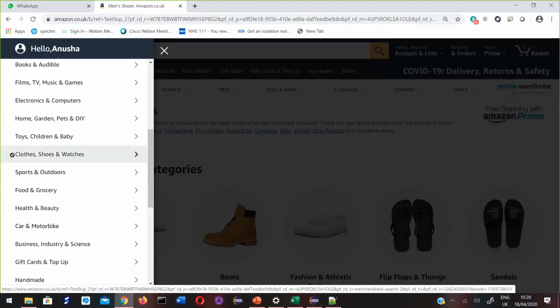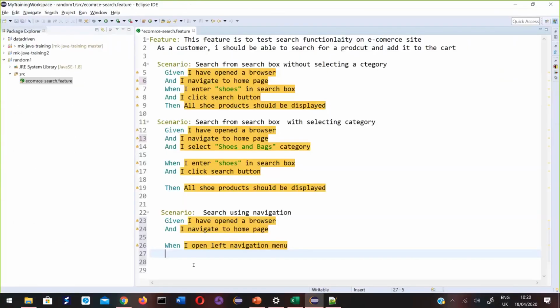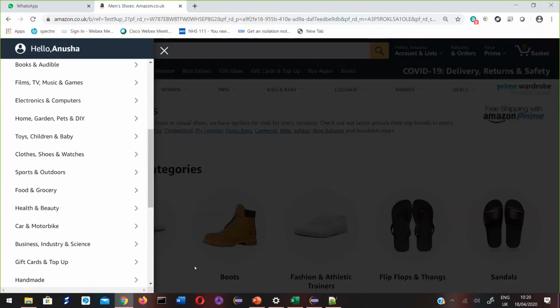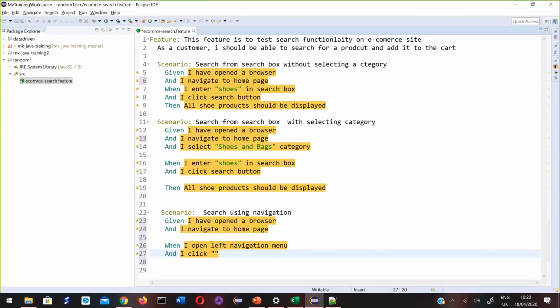Control select, click or select. What are they? Clothes, shoes and watches. Okay.